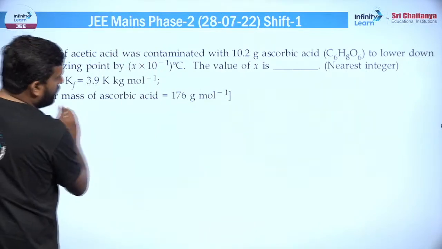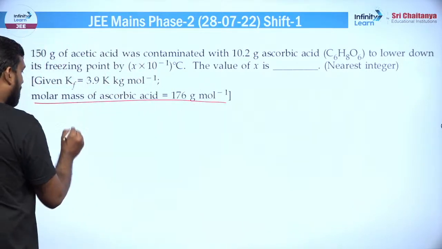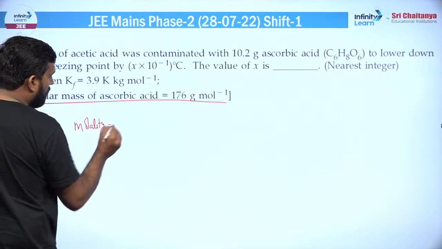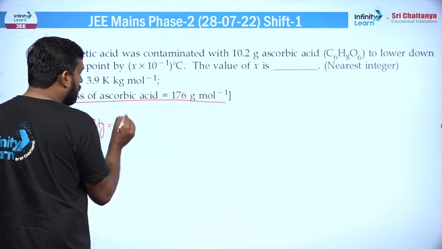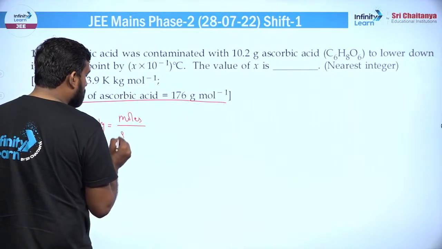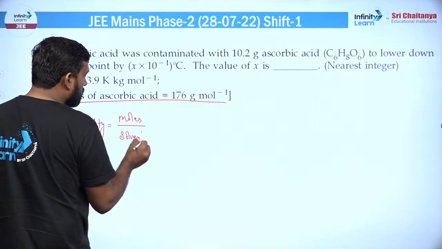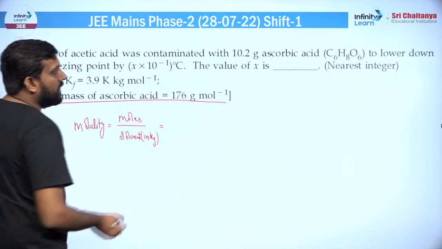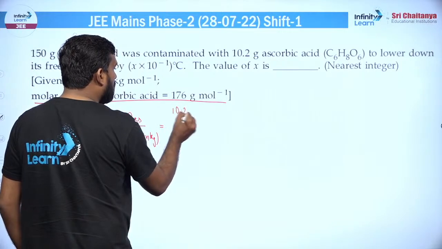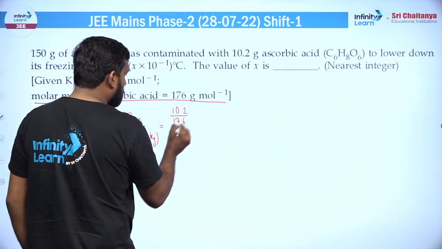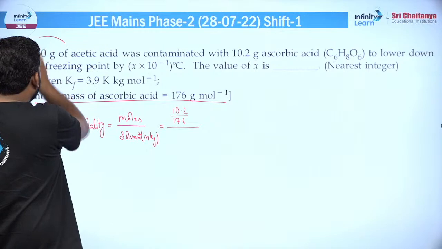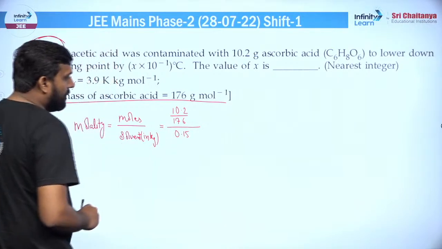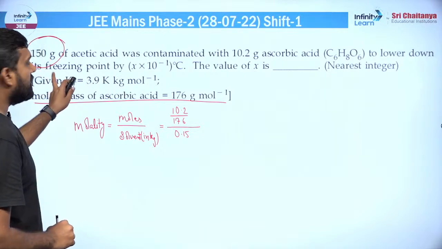गोइंग टू द नेक्स्ट क्वेश्चन, 150 ग्राम ऑफ एसिटिक एसिड was contaminated with 10.2 ग्राम ऑफ एब्जॉर्बिक एसिड, और मोलर मास आपको एब्जॉर्बिक एसिड का पता है, तो आप मोलालिटी निकाल लो क्वेश्चन में। क्वेश्चन को अप्रोच कैसे करना है कि मोलालिटी निकाल लो, तो मोलालिटी का फॉर्मूला क्या होता है बेटा, मोल्स अपॉन मास ऑफ सॉल्वेंट इन केजी रखना है। तो मोल्स हो जाएंगे आपका 10.2 अपॉन 176 डिवाइडेड बाई सॉल्वेंट का वेट कितना है 150 g, तो ये हो जाएगा 0.15। तो ये आपका मोलालिटी आ गया।